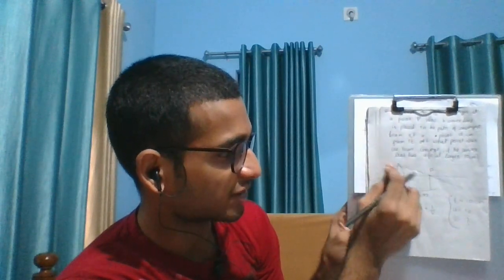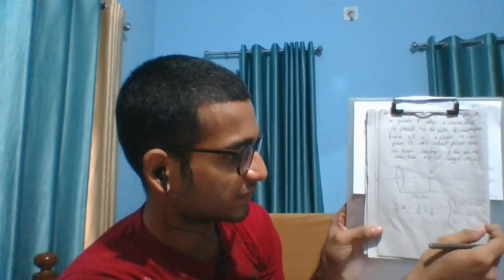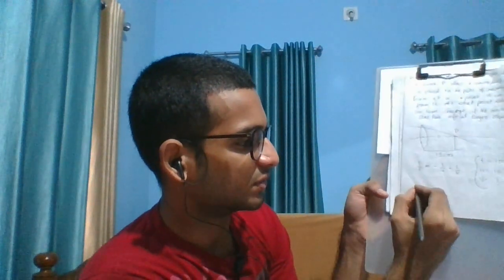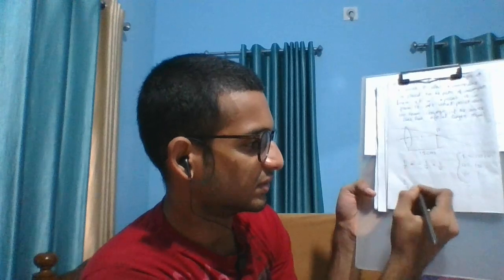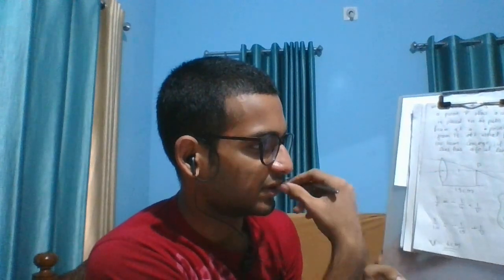So here's the object, the light is coming from here. Now we have to find where v will be formed. You have to put these values into this equation: 1/10 equals 1/v plus, I'll leave you to do it yourself. You'll get 6 centimeter as the answer, v equals 6 centimeters. That means v will be somewhere around here, 6 centimeter